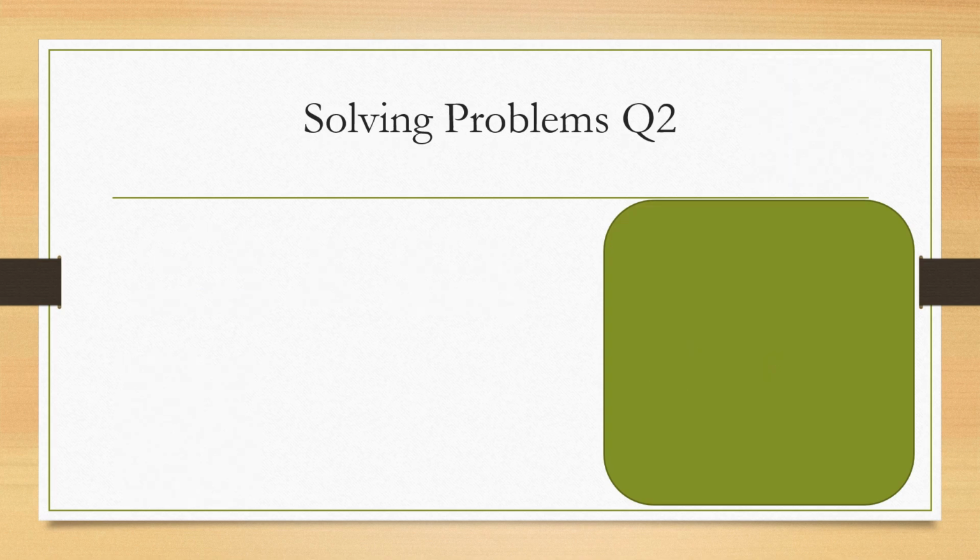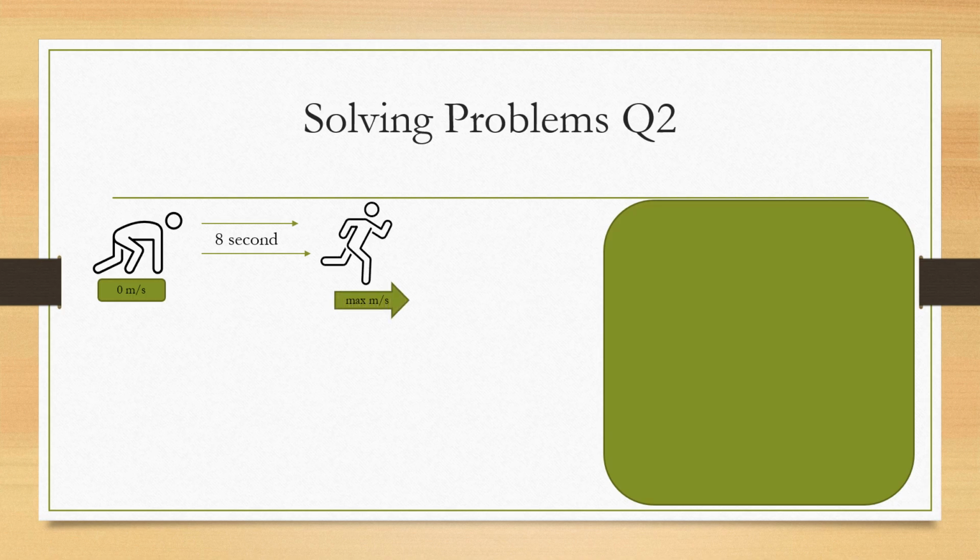And then let's go to question 2. For question 2, we have an athlete ready to run. For now he is still not moving. And then he starts to run, and after 8 seconds, this runner reaches his maximum velocity